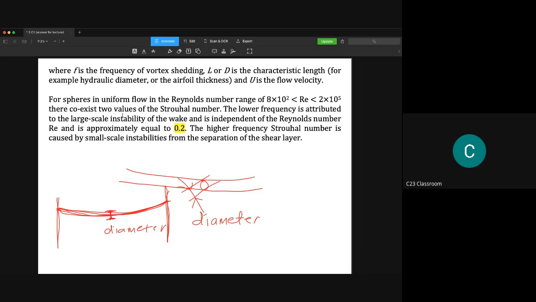And then from the textbook we could get that for a sphere in uniform flow, the Reynolds number ranges between 8 times 10 to the power of 2 and 2 times 10 to the power of 5. There coexist two values of the Strouhal number. The lower frequency is attributed to the large scale instability of the wake and is independent of the Reynolds number and is approximately equal to 0.2. The higher frequency Strouhal number is caused by small scale instabilities from the separation of the shear layer. So here we take the 0.2 because,